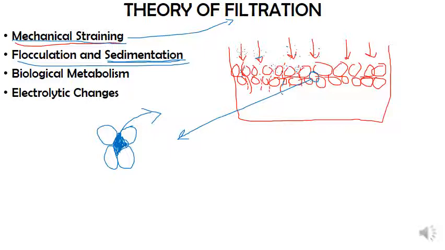At a microscopic level, each void present in between the gravel or sand particles will individually act as a sedimentation tank, and as the particles pass through, they will be flocculated and then settle, or a larger particle will be formed, and in turn they will be trapped inside these voids only. So it is as good as the formation of particles, flocculation will be there, and in turn they are going to be entrapped by those small voids. So this is the second concept we are going to have.